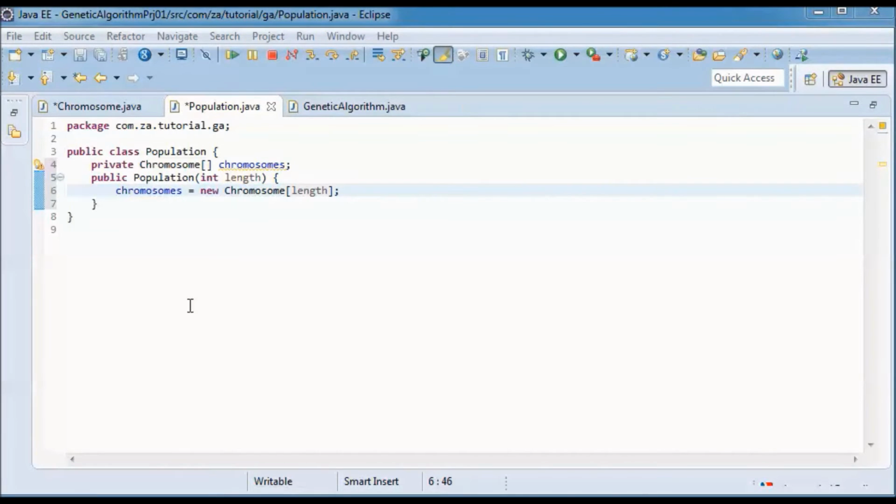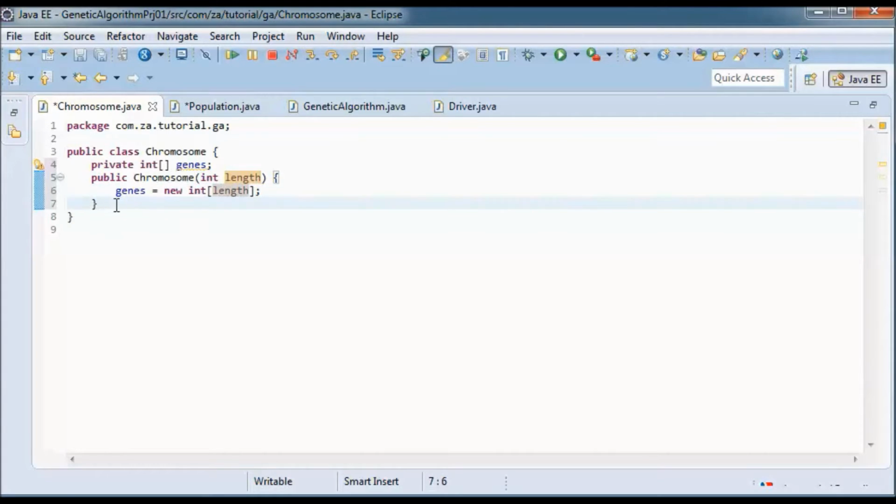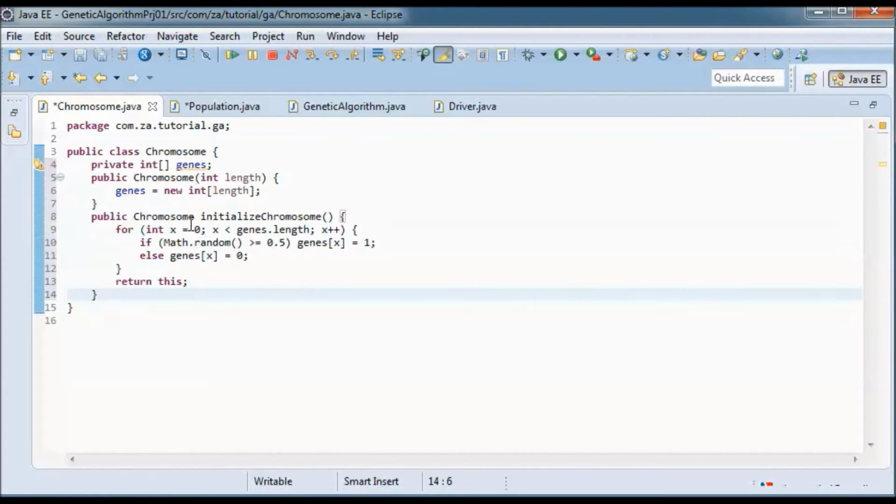And going back to the chromosome, to initialize those chromosomes with random zeros and ones, we'll have this method, initialize chromosome, that randomly assigns ones or zeros to the various genes in this chromosome.